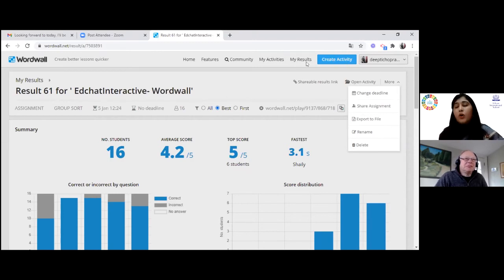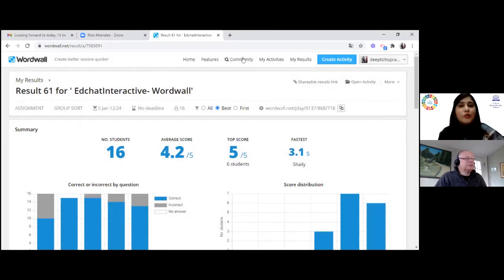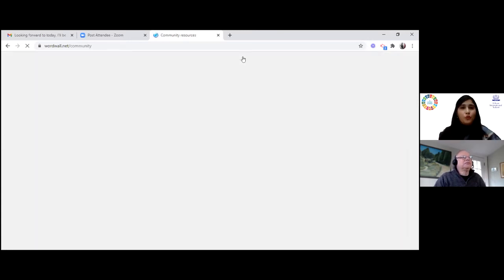Yeah. So Create Activity we have done. We have seen how to check the results of our students. We know My Activity is the library. Now is the best thing, the Community. This feature allows you to share the activity created by other teachers with your students. With a little bit of effort, if you want to edit some content, you can do that in the resource created by other teachers.